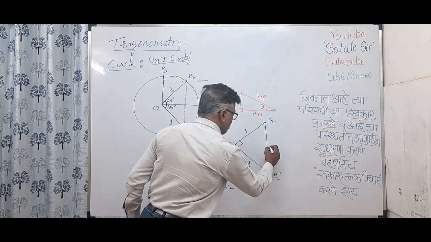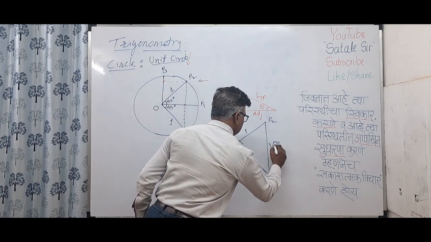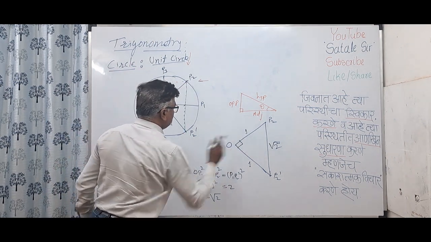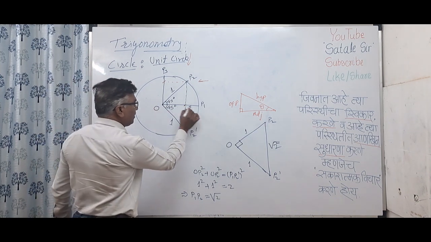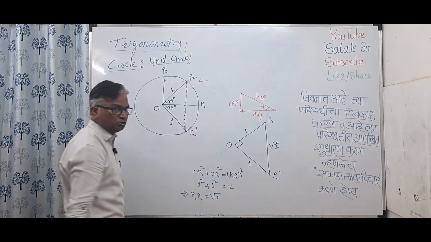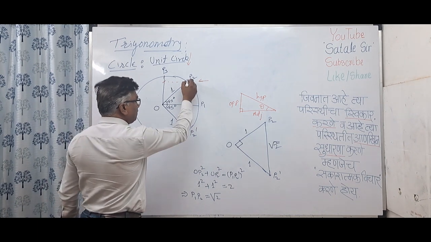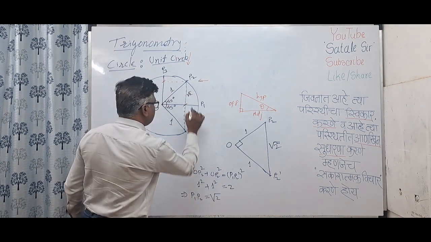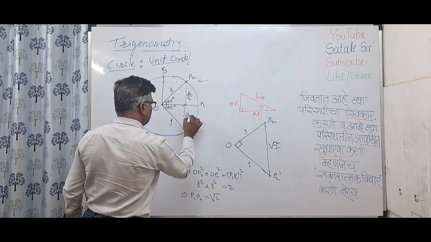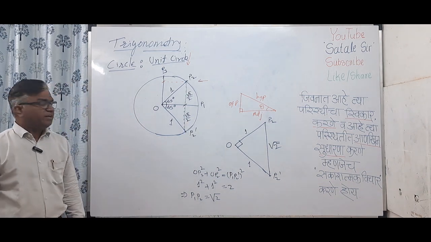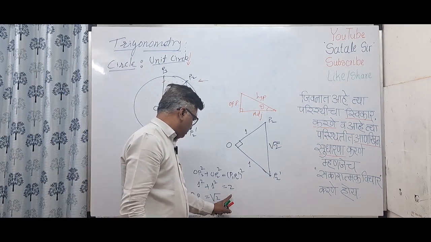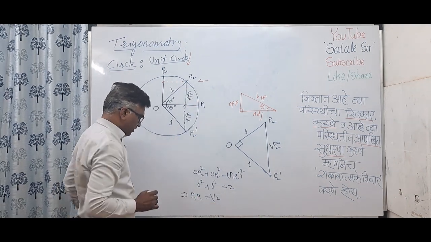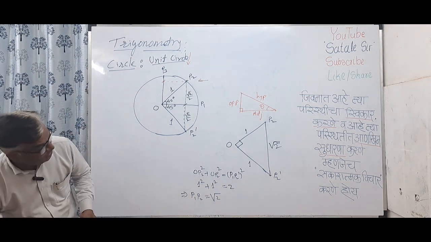So that means this length is how much? It is root 2. Okay. So this length from here to here, it is how much? It is root 2. Now this OP1 is bisecting this side P1 P2. So obviously from here to here, this will be half of root 2. That means it will be root 2 by 2 and this will also be root 2 by 2. Right? So I hope I am going correctly. So it will be root 2 by 2 and this also will be root 2 by 2. Okay. Now interesting fact here is,